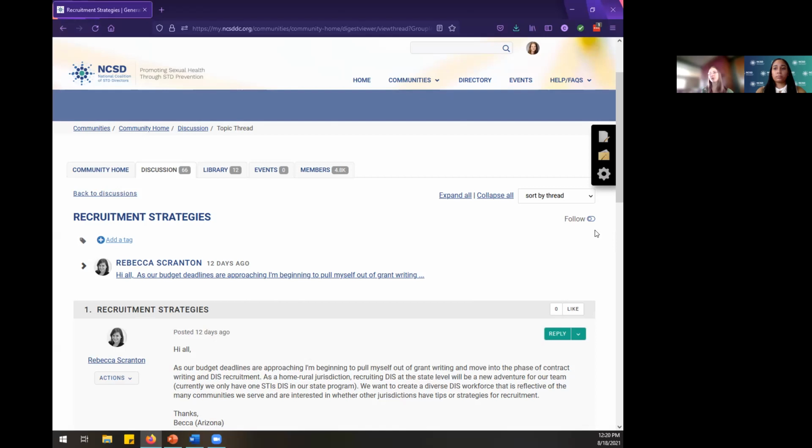But if you start a conversation or if you respond to a conversation or add a comment to any content, the system automatically believes that you care about the further conversation more than normal conversations, right? So if you've commented, you are actually going to be set to immediately start receiving real-time notifications so that you'll know as soon as something additional is shared within that conversation.